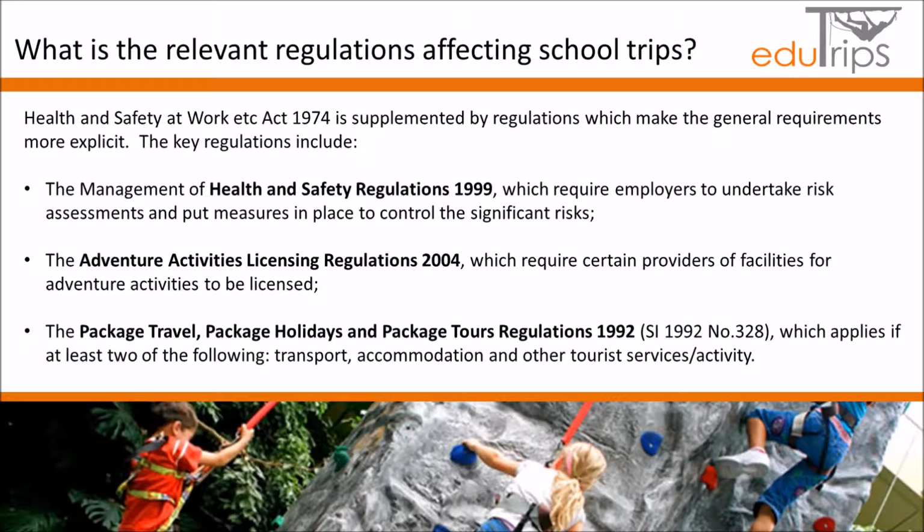accommodation, and another activity. So, for example, if you were organising a ski trip and you organise the flights for the students, you organise the accommodation separately, and then you also organise the activity, so the skiing lessons, for example. Because you've actually organised all three elements, then the package tour regs will apply. But it would also apply even if you only organise two of those elements. So it's definitely a worthwhile consideration.